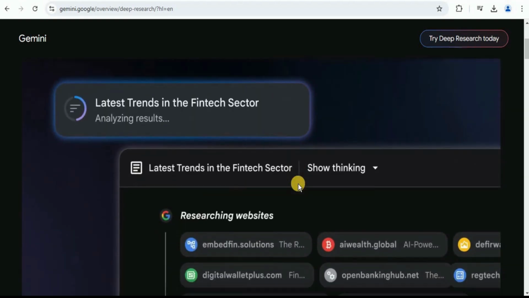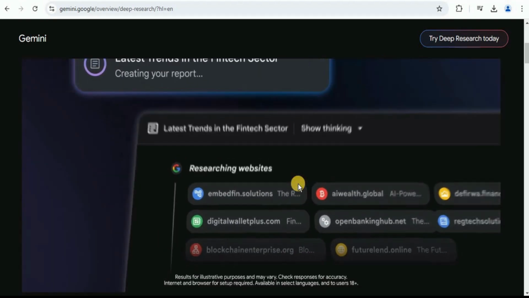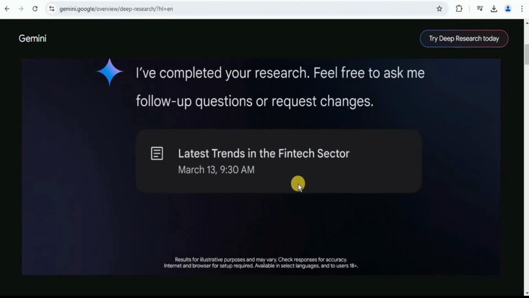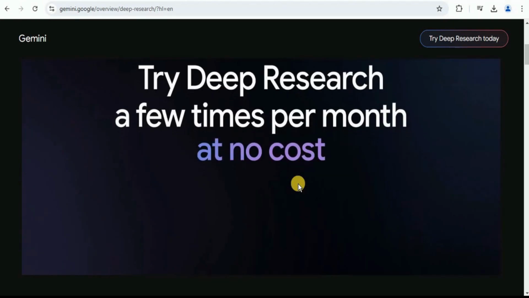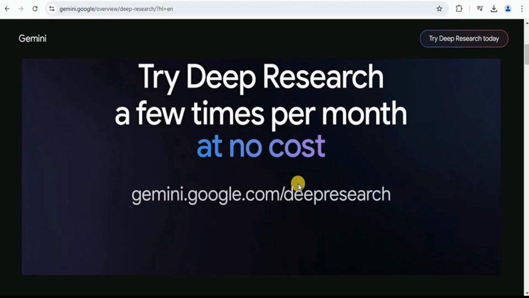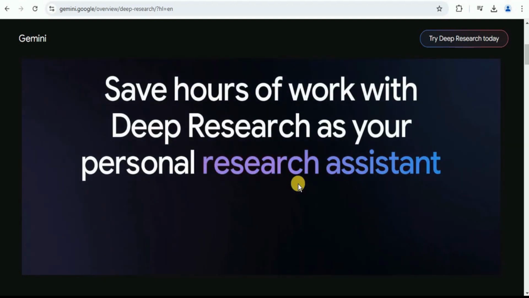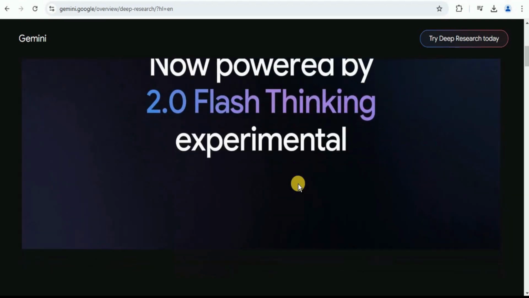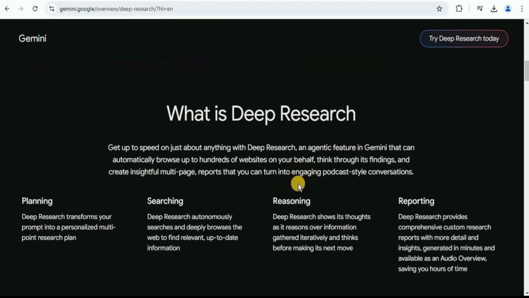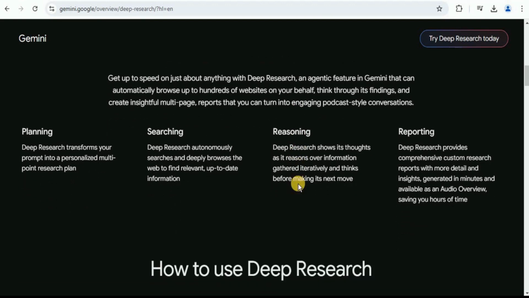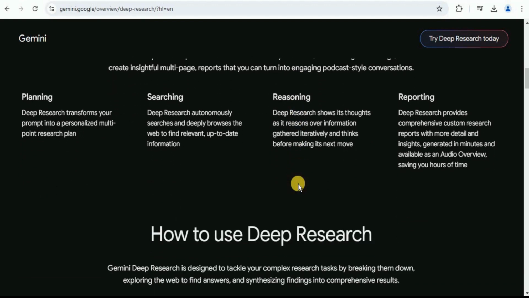As a user, you will, let's say, ask the question, what is artificial intelligence? Then Gemini will create a plan first, and you as the master will review the plan and see whether it is good for you or not. If you think that the plan is good enough, then you will allow it to follow the research plan, search online, read the materials, and write a report for you.